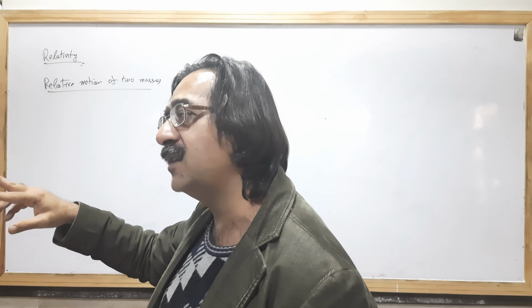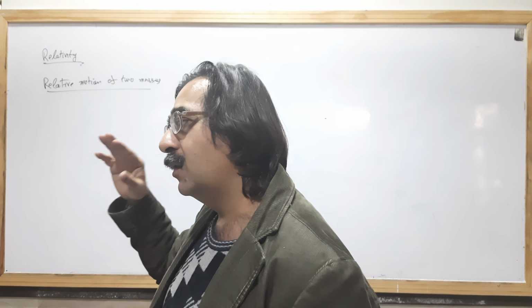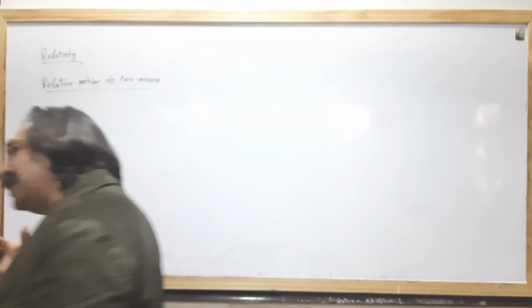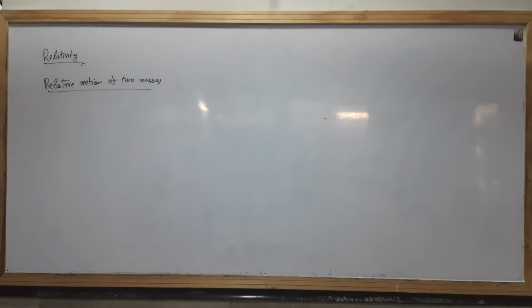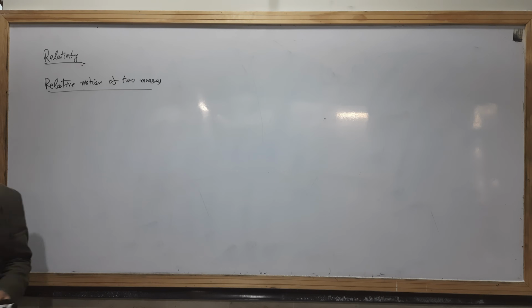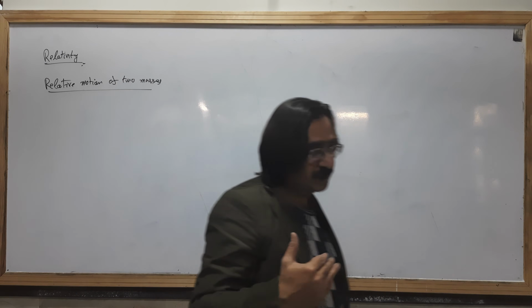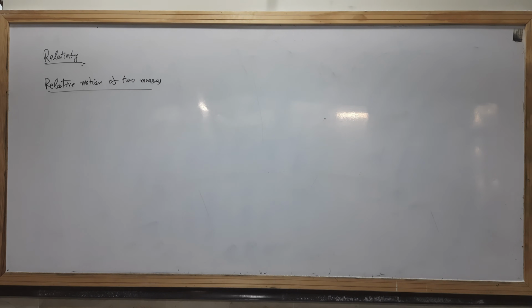Inertial frame: if two bodies are moving with constant speed, the speed is not increasing or decreasing. If two masses are moving with constant speed, it means acceleration is 0, there is a velocity. Velocity may be very high. I'm not supposing that they have a very slow velocity. They may have a large velocity, like 360 km per hour, 450 km per hour, about the inertial frame, if there is no acceleration.